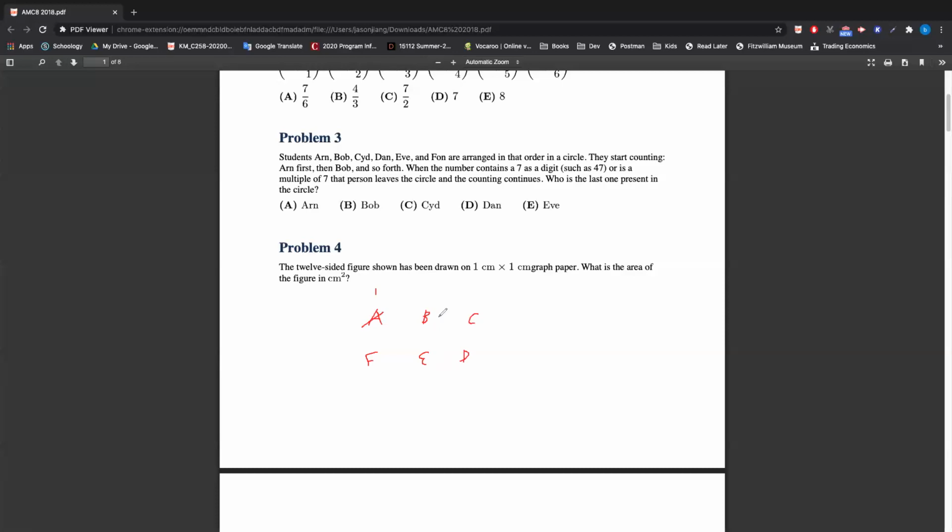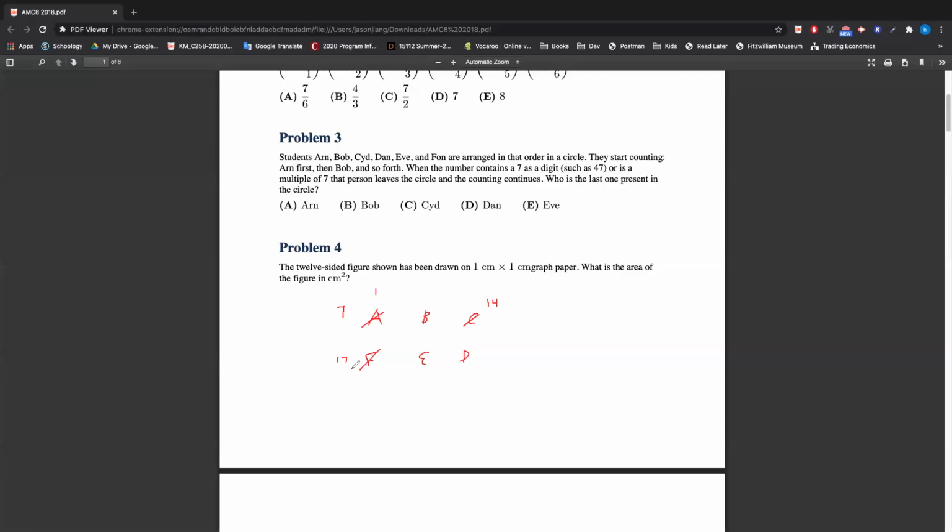And then we go 8, 9, 10, 11, 12, 13, 14. So because C has 14, they'd be eliminated. I'll just write down which number they get eliminated on. And then D has 15, E has 16, F gets 17, and they'd be eliminated because it has the digit